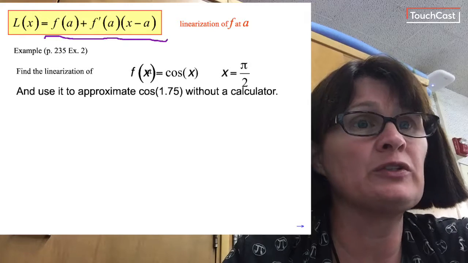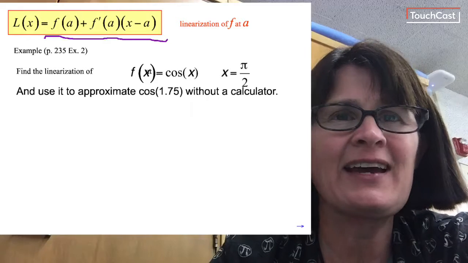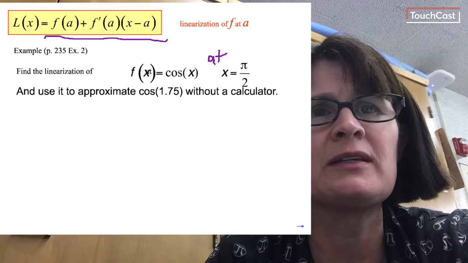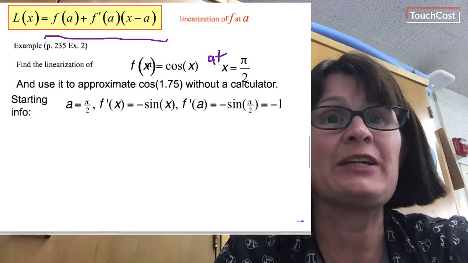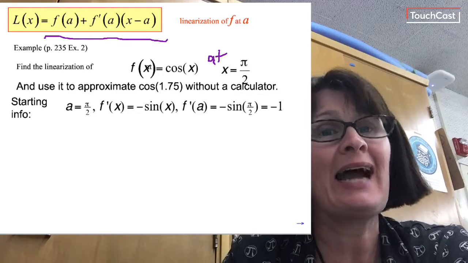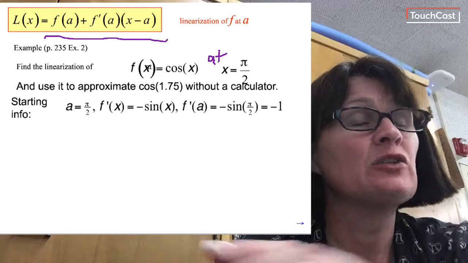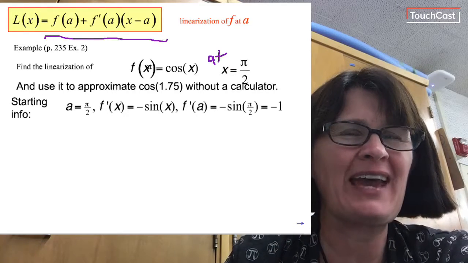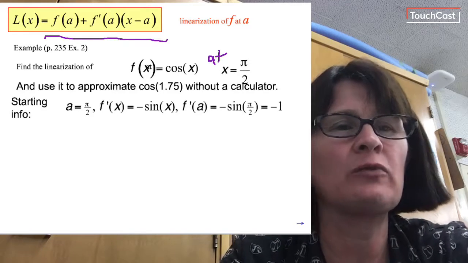So here I go. I'm going to need the linearization of my f function. That says f of x equals cosine x. So to find the linearization, I know my a is the x value I care about, so my a is pi over 2. I have f prime of x is negative sine of x, and I'm going to need to evaluate the derivative, so find the slope of f at that x value, which was pi over 2. So f prime of a is f prime of pi over 2, which is negative sine of pi over 2, which is negative 1. So now I'm going to put it all